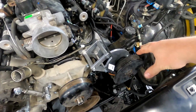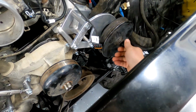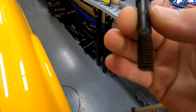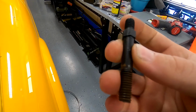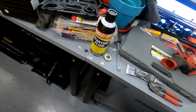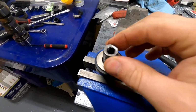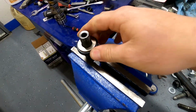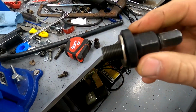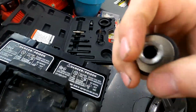However, my tool to put the pulley back on broke. So this little insert, let me pull it out and I'll show you what broke, if you want to call it that. If you look, it's threaded on both ends. This side here threads into the snout or the shaft, and this side screws into the tool. Where's it at? Oh, it's down here. So this is the remover and installer for the pulleys, and the problem is when I was taking the pulley off, I guess the little insert that you put in here to press against the shaft, which is this,